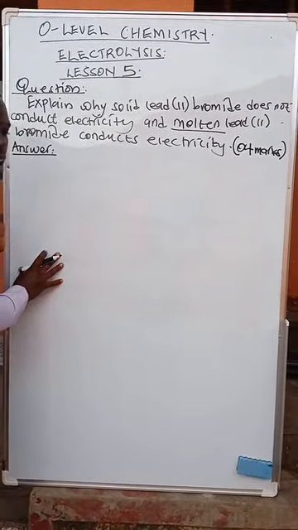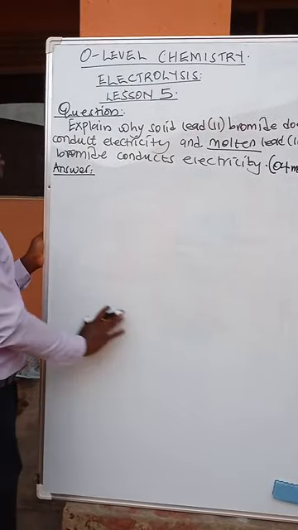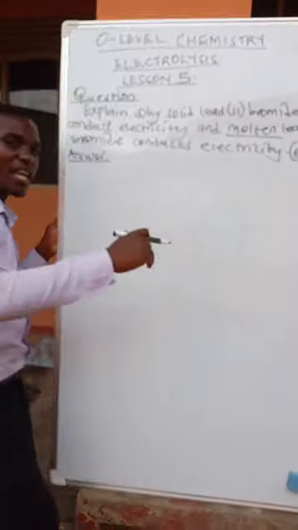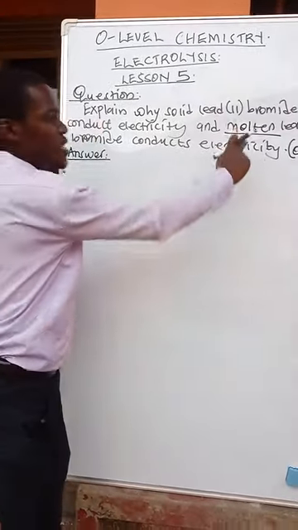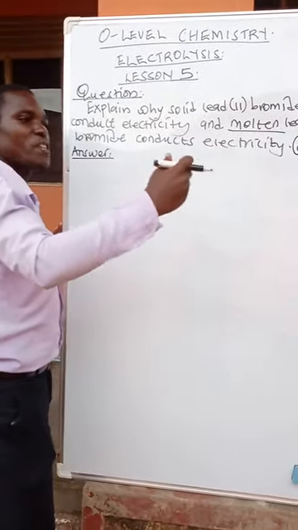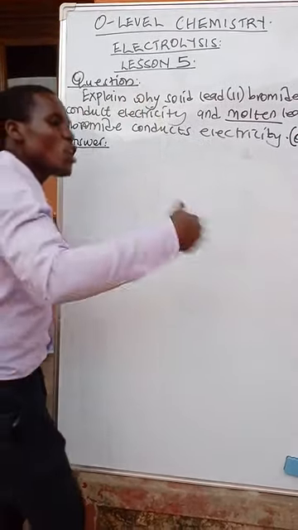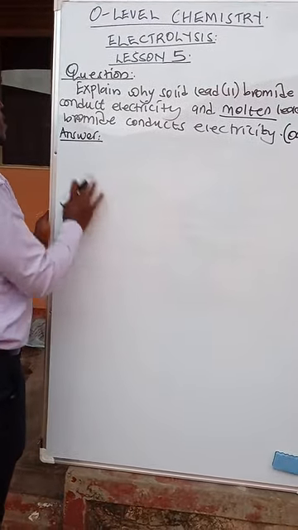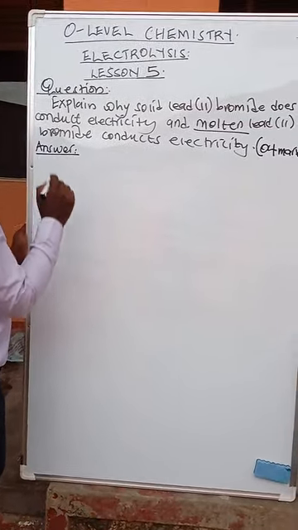All right, dear children, we are answering this question. But when it comes to the part of molten lead(II) bromide, there we shall say heating, because they are talking about molten lead(II) bromide. If it was copper(II) sulfate solution, there we would say dissolving in. You are going to see the point where that comes in. So our answer will be